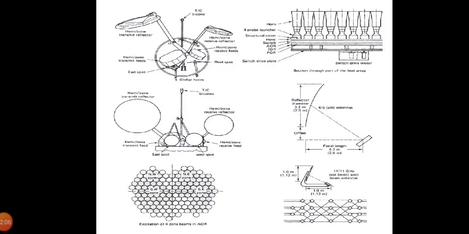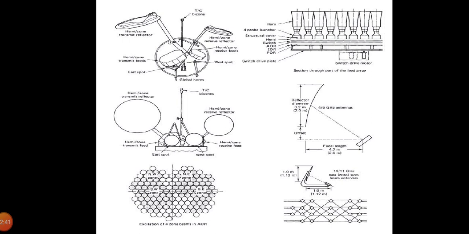And here the figure shows the antenna subsystem for the Intelsat 6 satellite. This provides a good illustration of the level of complexity which has been reached in large communication satellites. The largest reflectors are for the 6 by 4 GHz hemisphere and zone coverages, and these are fed from horn arrays, and various groups of horns can be excited to produce the beam shape required. As can be seen, separate arrays are used for transmit and receive. Each array has 146 dual polarization horns.